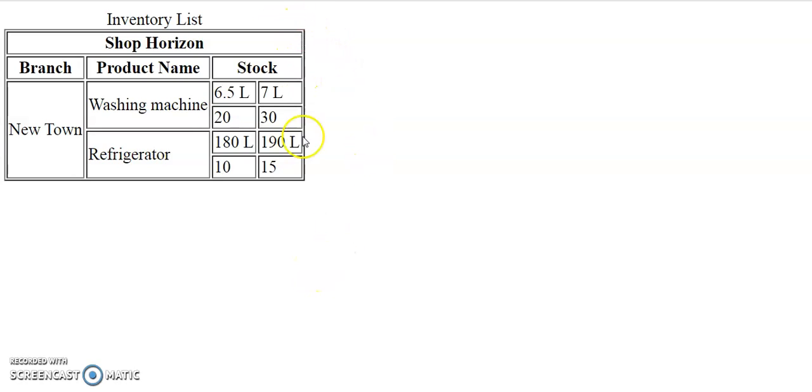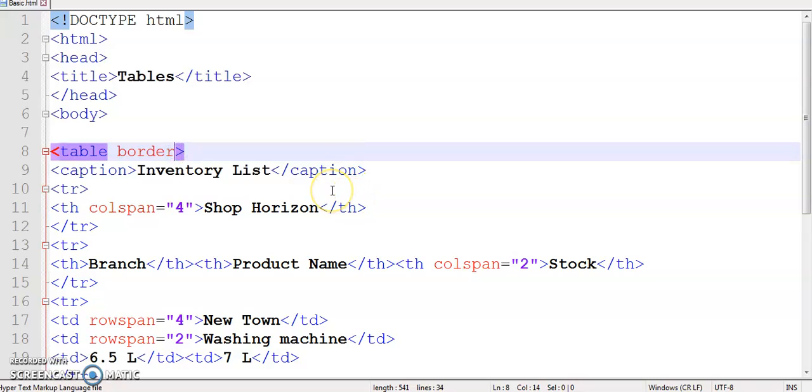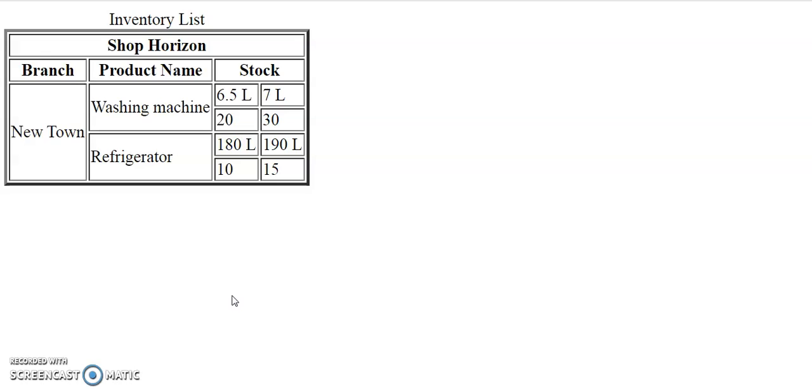You previously added a border around the table using the border attribute. You can also change that border thickness, providing some value to the attribute. So, I am writing 3. So, for the output, your border thickens. But don't take it too far, otherwise your table will not look good.